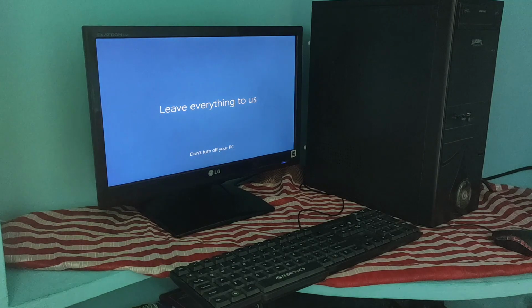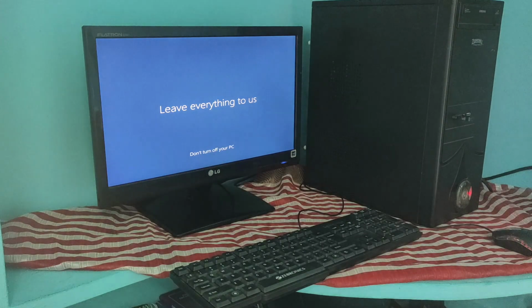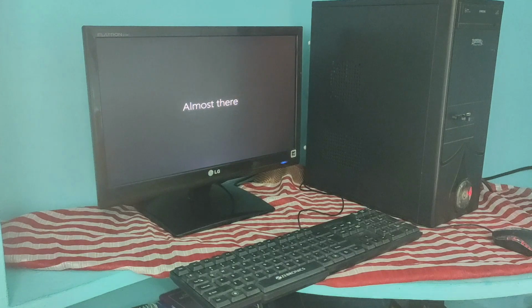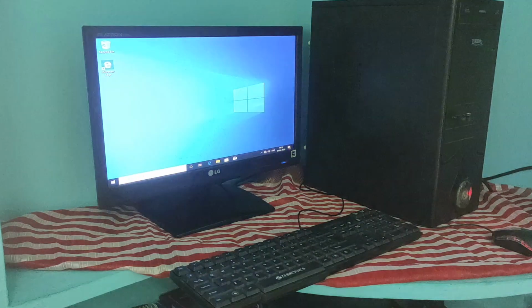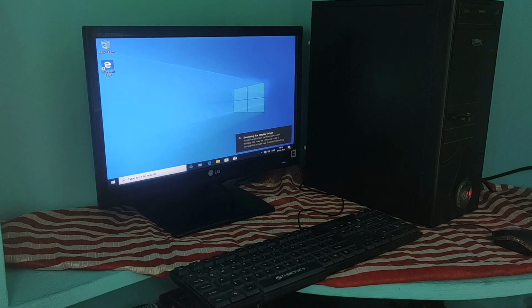As you see in the screen, leave everything to us, which means we have almost reached the end of the installation. As you can see, successfully we have installed Windows 10 and we have reached our desktop screen.